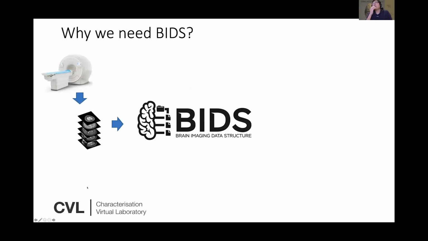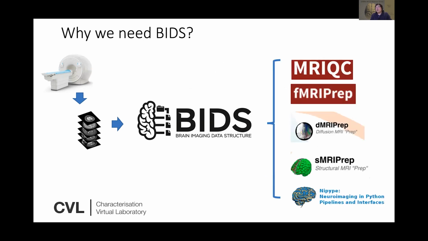Firstly, I want to touch on why we want BIDS, from an imaging processor's and researcher's point of view. As we know, from the scanners you get DICOMs, and then you convert them into BIDS. I always make this comparison: BIDS is like a key, so it can open other doors. The doors mean all of these powerful pipelines, and also the big community behind it. Once we have the data in the proper format, we can do a lot of things.